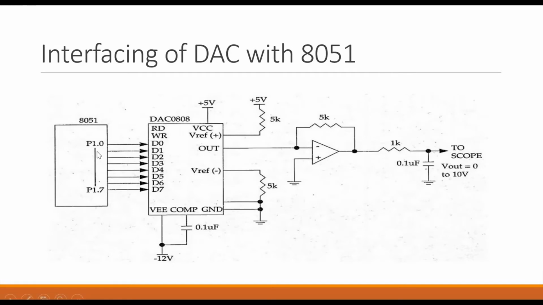Very simple. The 8051 will provide you digital data that is given to the DAC. You have your digital data pins D0 to D7. Data is received, and output is received at the output pin. Here you will have a current signal as an output, but now we need a voltage signal as an output. So only one more circuit is added, that is your I to V converter. This op-amp with this resistor is called your I to V converter. It converts the output current into a voltage signal, which can be used for further calculation.